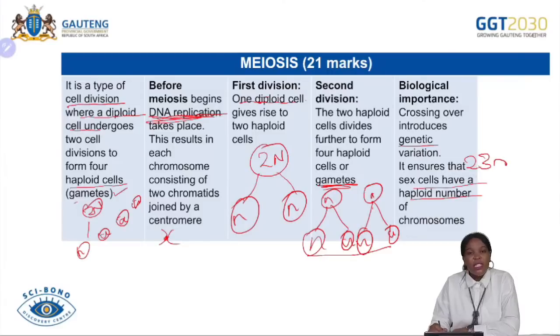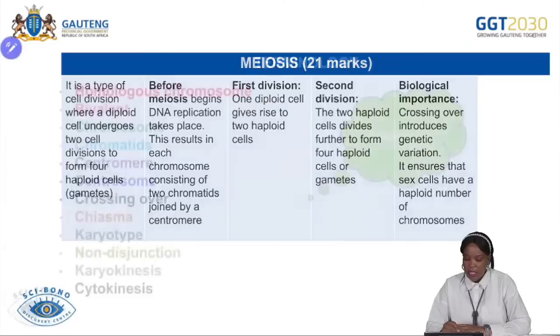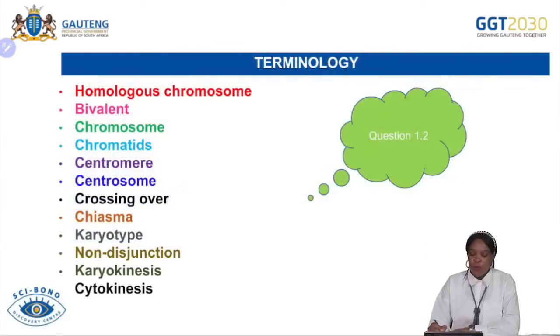So if meiosis does not happen, we will end up with organisms, or cells, that do not have a haploid number of chromosomes. So meiosis is very important to halve that number of chromosomes from 46 to 23 and to keep it constant throughout the generations. So question 2 of your question paper,